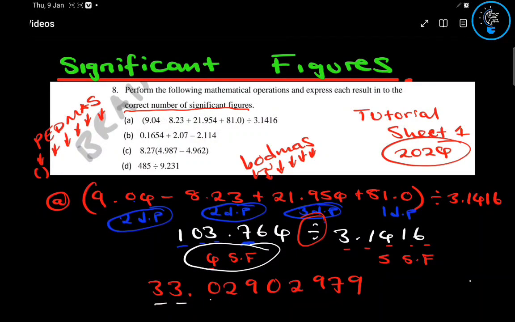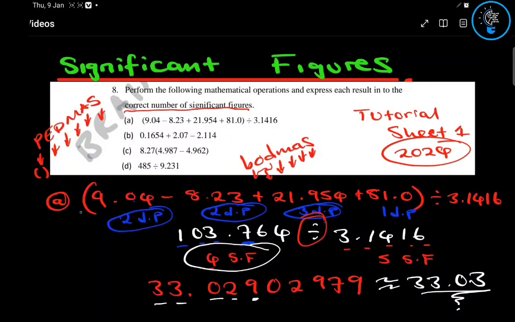So we're going to say 1, 2, 3, 4. So it will be 3.029. Remember 9 is greater than 5, so it will be 3.0 there. So this one will be your final solution. So that's how we go about a question of this kind. You don't do your rounding off before reaching your final stage. So we did our rounding off at the final stage, but you need to be considering the number of significant